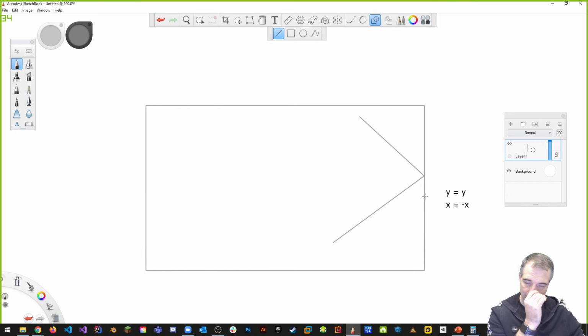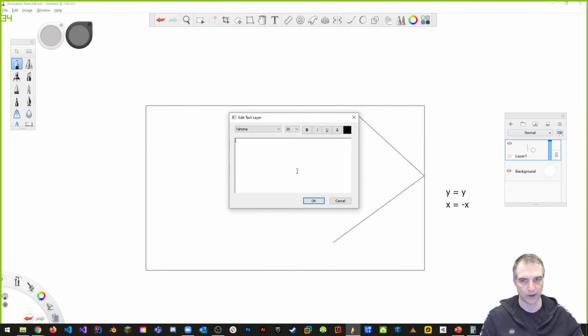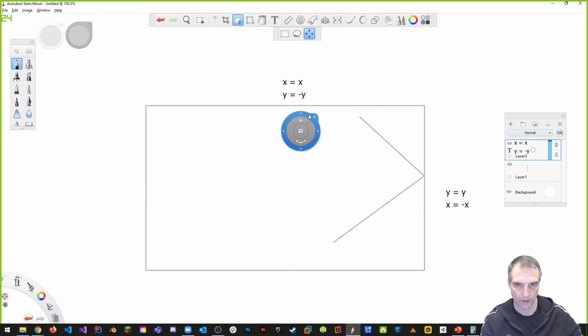Okay. How about on some kind of horizontal surface? This is a vertical surface. On a horizontal surface, you're going to have the same idea, but the other way. So in this case, it's traveling this way across the x-axis. So the x-axis is going to stay the same, but the y-axis is going to be reversed. Okay, that's what's going to happen. And this is going to be the same for the top or the bottom.